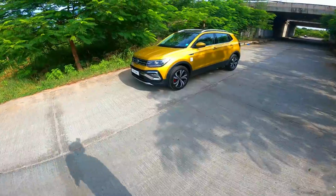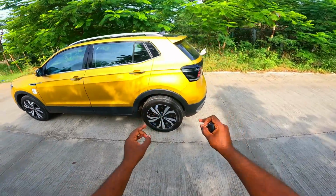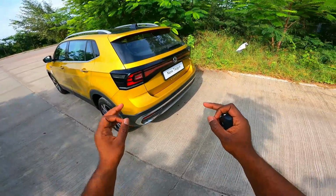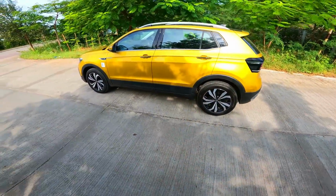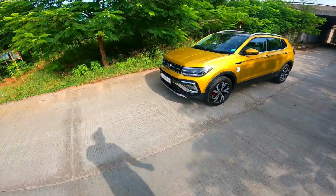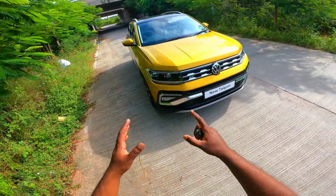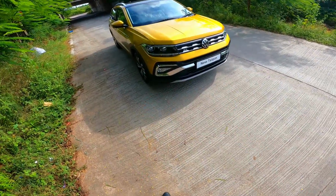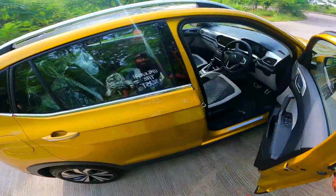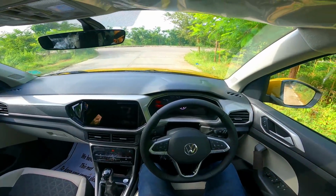So guys, finally the wait is over. I've given you a complete overview of the sensational blockbuster launch from Volkswagen. The moment you and I have been waiting for, all of us hardcore Volkswagen fanboys have been waiting for, is finally here. The Infinity tail lamp cluster looks absolutely stunning. Kind of a low slung SUV stance to unleash the 150 blazing ponies lurking underneath this GT Plus variant. 1.5 liter turbocharged petrol is a gem of an engine and 250 Newton meters of torque, 7-speed DSG. This is the enthusiast delight. So let's not waste any more time. 17-inch wheels